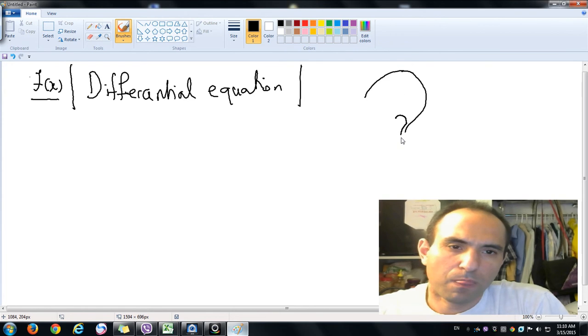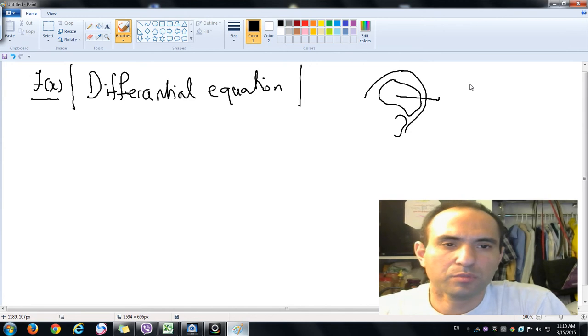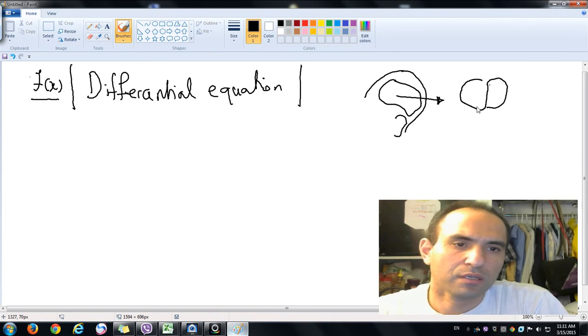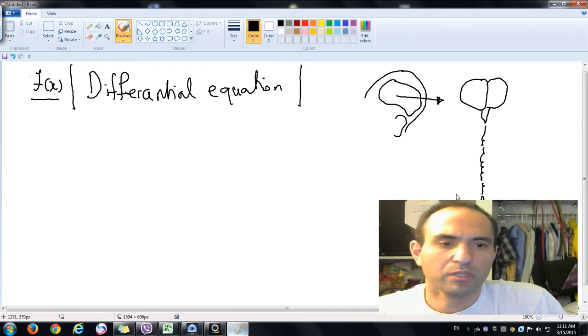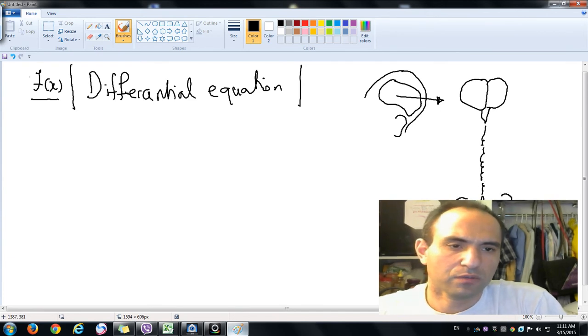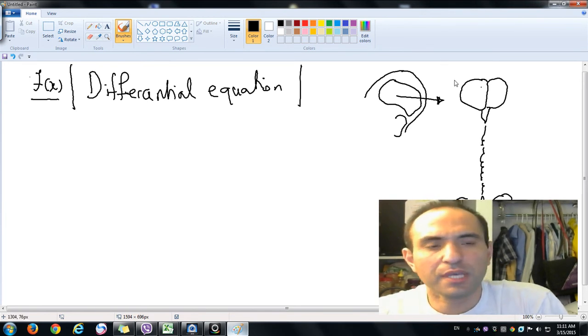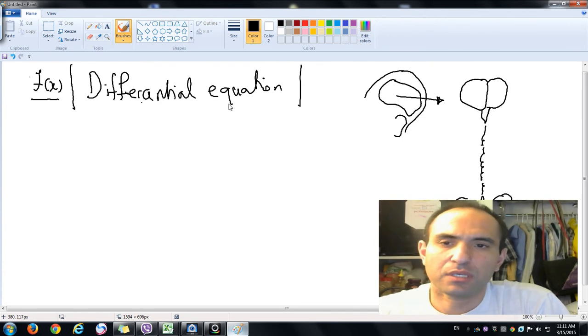First of all, this is my brain. Of course, this brain has two sides. I mean, your brain has two sides. Of course, this part goes here, then this goes here to your, this part is just kind of your skeleton. But this is bones, actually, your legs. Inside of my brain, when I'm just studying this differential equation,